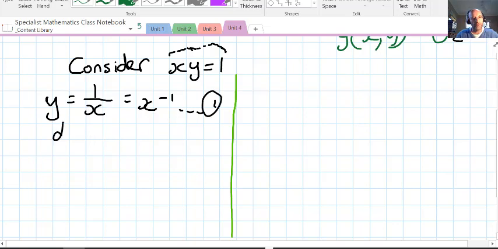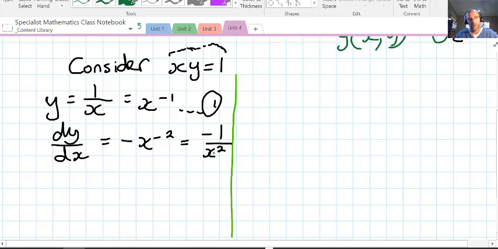So if we take the derivative of that, that's easy to do, and we've got negative x to the negative 2, or if we like, putting it back the way it was as a fraction, negative 1 over x squared. I'm going to call that statement 2. Okay, the other way of looking at this given equation